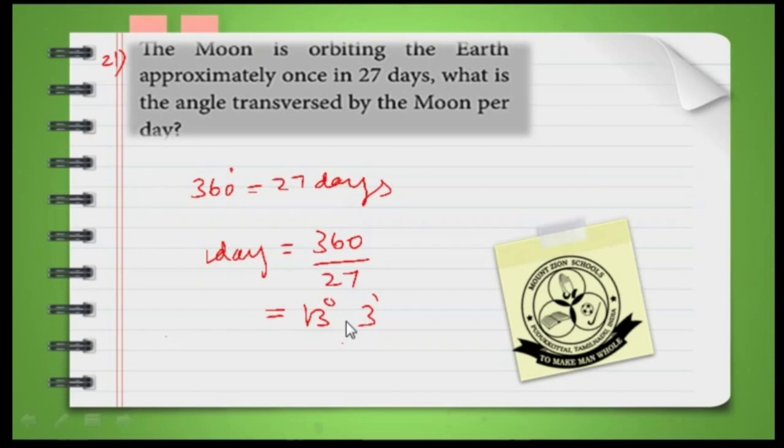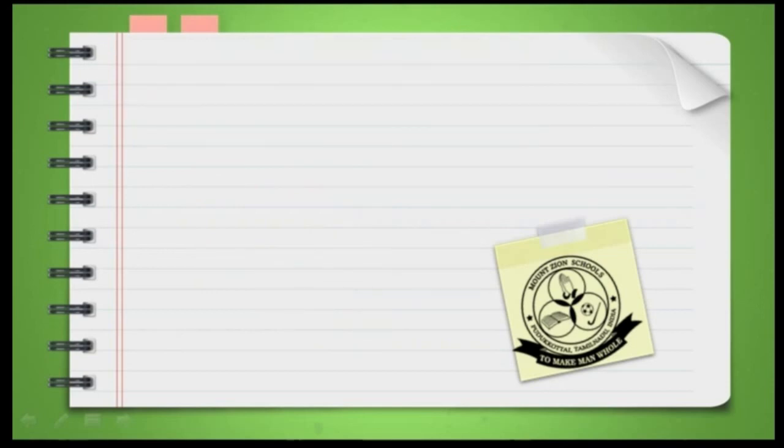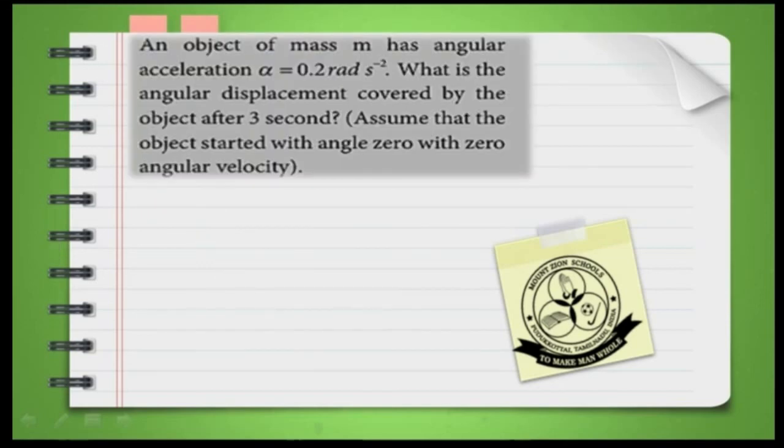Okay students, how did you get this as 13 degree and 30 minutes? Actually when you just divide it, it would be 0.3 degree only, but it is to be multiplied. Okay, so we'll get 13.3 degree, or 18 minutes would come. And the next problem is the final problem. It is 22. Problem number 22.